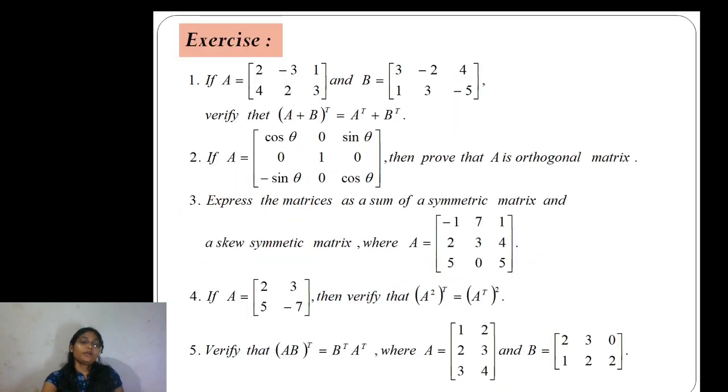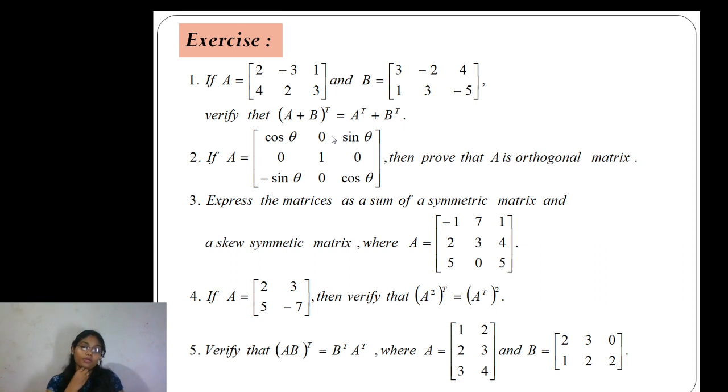Next, এক্সারসাইজ রয়েছে আমাদের, কিছু এক্সারসাইজ আছে, ওই এক্সারসাইজগুলো তোমরা প্রথমে খাতায় তুলে নেবে, দেখো ওগুলো করা আছে। এক্সারসাইজগুলো আমি এক্সাম্পল করে দিয়েছি, ইজিলি এগুলো বের করতে পারবে। এই যে A ইকুয়াল টু দেওয়া আছে, ভেরিফাই করতে বলেছে। প্রথমে স্কোয়ার করবে, দুটো ম্যাট্রিক্সের প্রোডাক্ট তোমরা জানো, A ইন্টু A প্রোডাক্ট করবে, তারপর তার ট্রান্সপোজ বের করবে। এবার প্রথমে ট্রান্সপোজ বের করে নেবে, তার স্কোয়ার করবে, দেখবে দুটো সমান হচ্ছে। এখানে A B আছে, প্রথমে যোগ করে নেবে তারপর ট্রান্সপোজ করবে। ট্রান্সপোজটা হচ্ছে রো আর কলামকে ইন্টারচেঞ্জ করবো, ফার্স্ট রো ট্রান্সপোজে ফার্স্ট কলাম হবে, সেকেন্ড রোটা সেকেন্ড কলাম হবে।